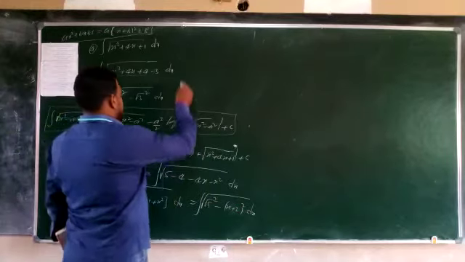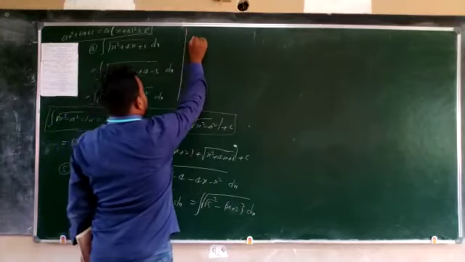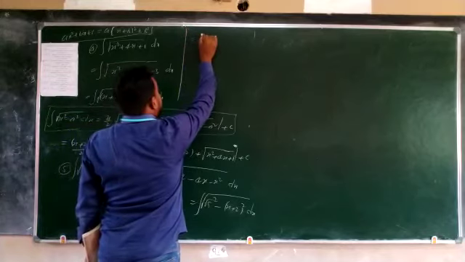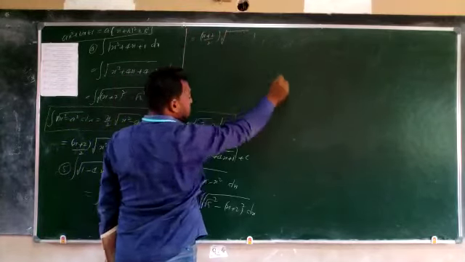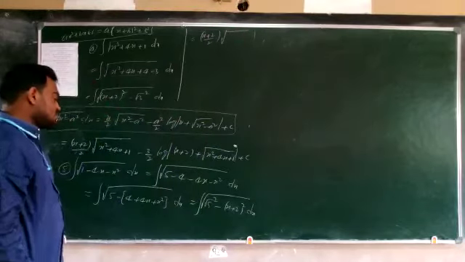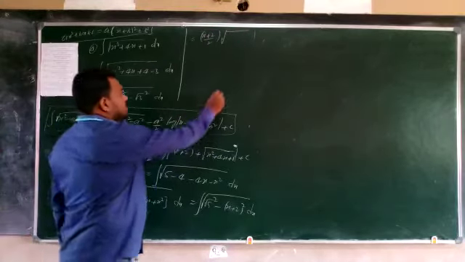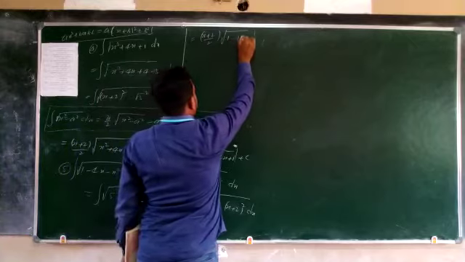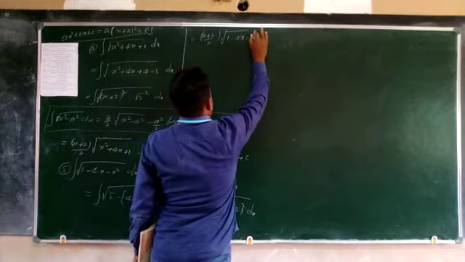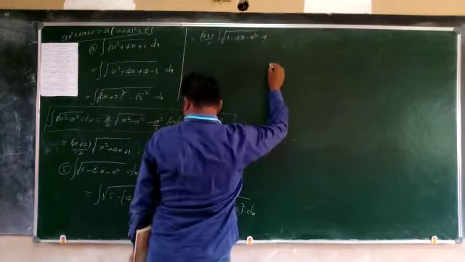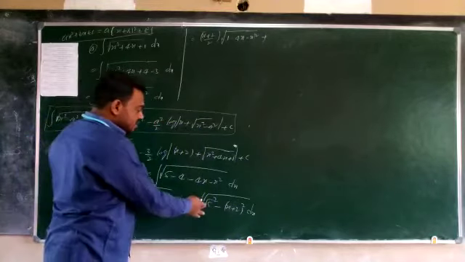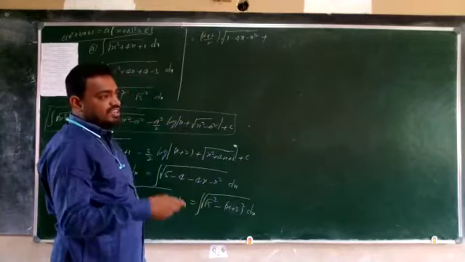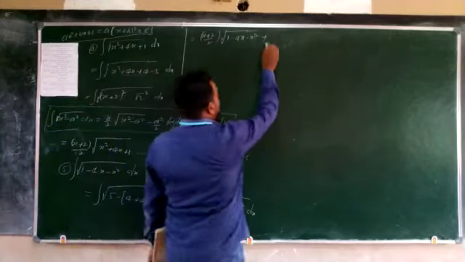What is the formula? x/2. So x is equal to x + 2. (x+2)/2 into square root of a² minus x², that is nothing but the question only. So 1 minus 4x minus x², plus next a²/2. What is a here? √5. So (√5)² is equal to 5. So 5/2.